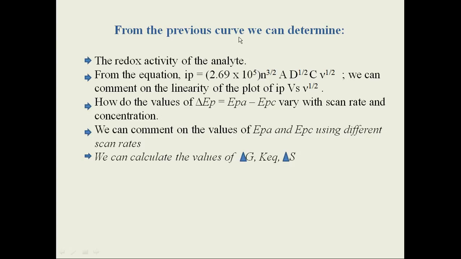From the previous curve, what can we determine? We can determine the redox activity of the analyte. That means the analyte is reducing first at some certain potential, and then again it is getting reduced. If an analyte has a tendency to reduce twice or thrice or four times,